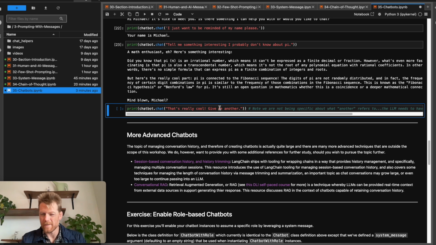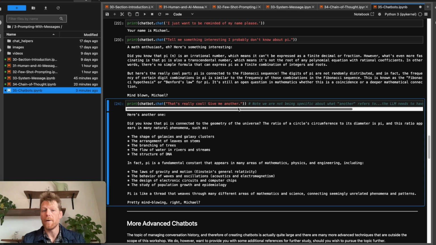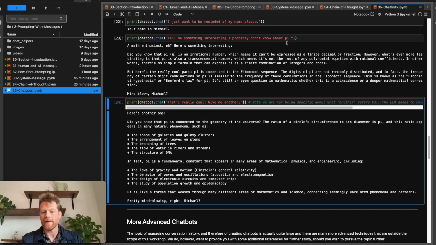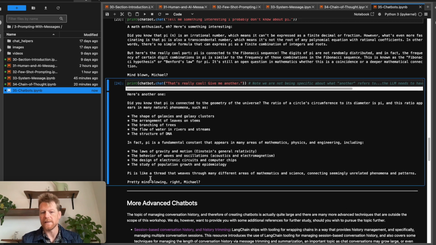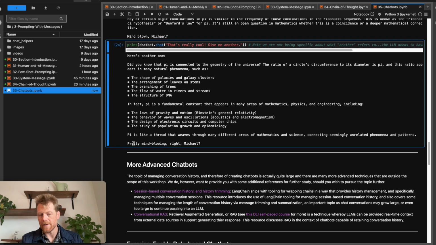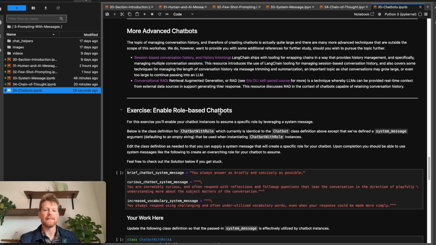"Give me another." Another what? Well, you and I know we want another example of something interesting about pi. We're not spelling that out explicitly, but because we're actually passing in the entire conversation history under the hood, it knows that what we're referring to when we say "another" is another interesting fact about pi that I probably don't know, which you can see it's doing here. It's also making a point to use our name, Michael, again, which is really cool. Okay, so now you've got a really simple way to construct chat classes. Now, it's definitely worth pointing out that